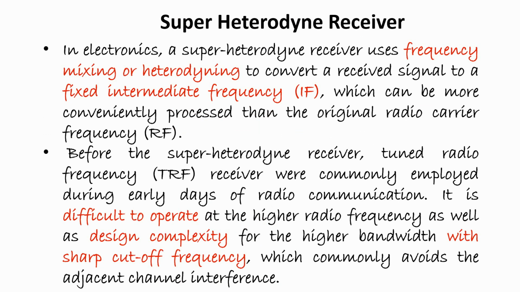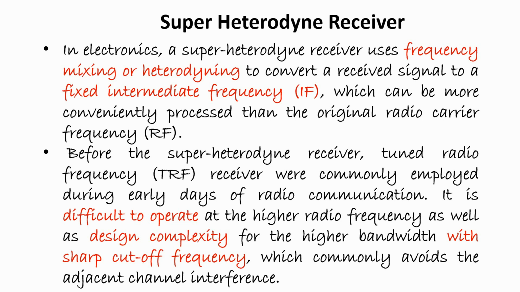Today I am going to discuss the super heterodyne receiver with you. So let's start. In electronics, a super heterodyne receiver uses frequency mixing, as we studied earlier. It is also known as heterodyning, to convert a received signal to a fixed intermediate frequency, which is known as IF, and this IF signal frequency can be more easily processed than the original radio carrier frequency, which is known as